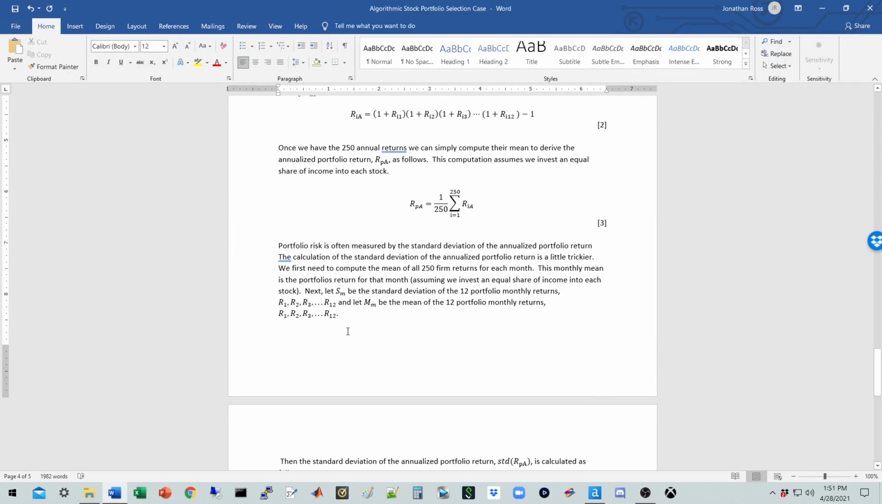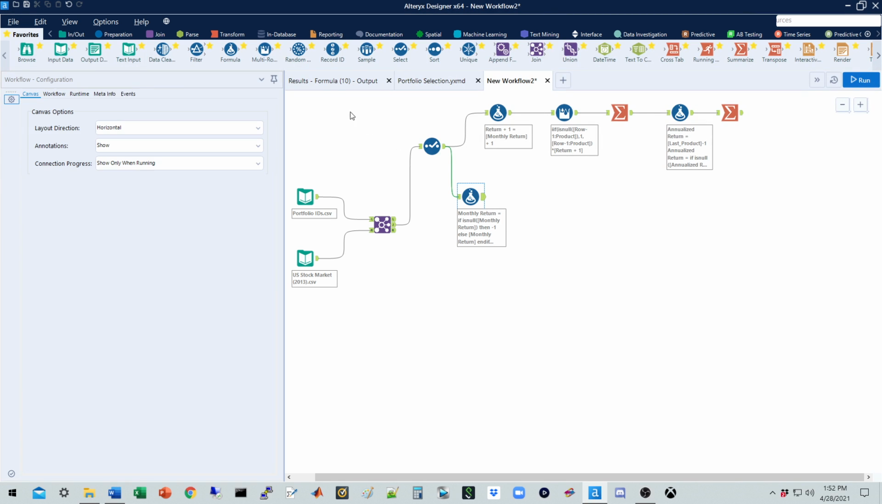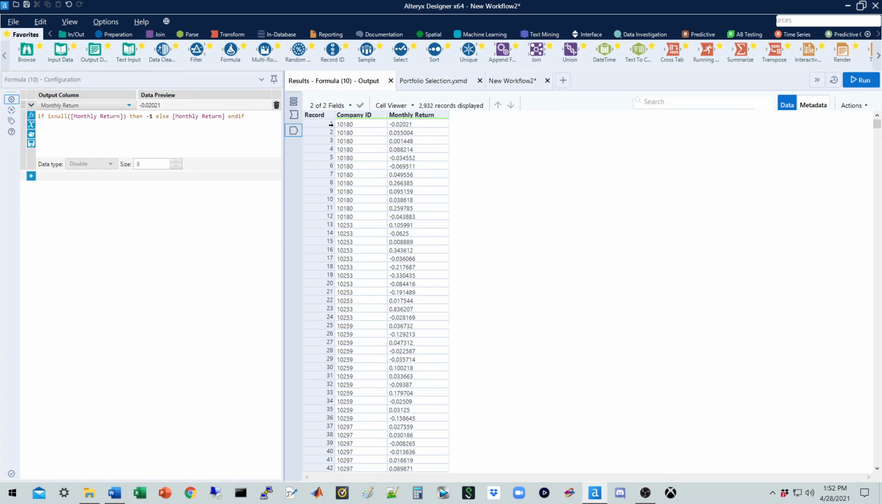Now, if we're going to calculate for each month the mean of all 250 firms' returns, we need to get our data in a different alignment, or a different layout. What I want is for each firm to be a row. And then, so for firm 10180,